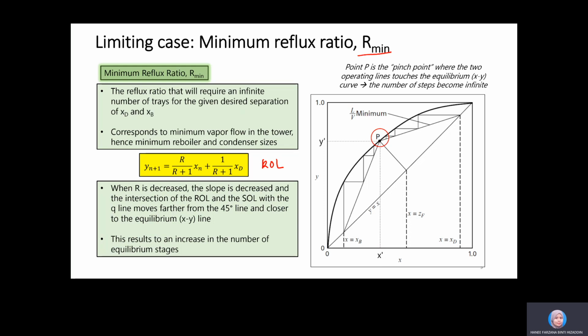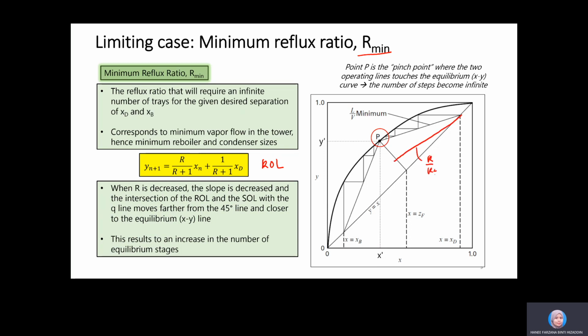you can achieve technically. So when R is decreased, the slope here, because this is mx plus c, right? So the slope m, R over R plus 1, will also be decreased. So you want to see how far it can be decreased. And if you decrease it further, it will intersect with the Q line. Okay, if you decrease the R further, the slope is decreased, and then initially, let's say this is your R,